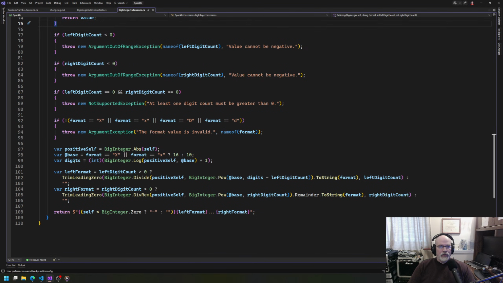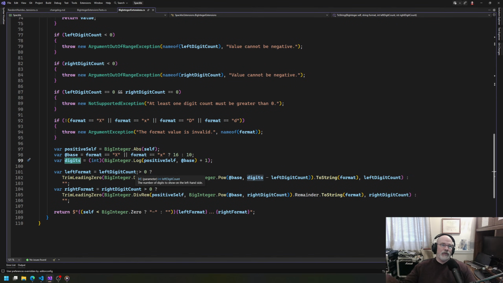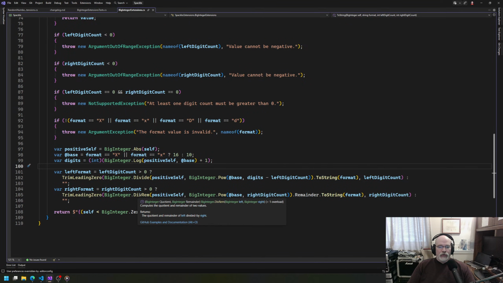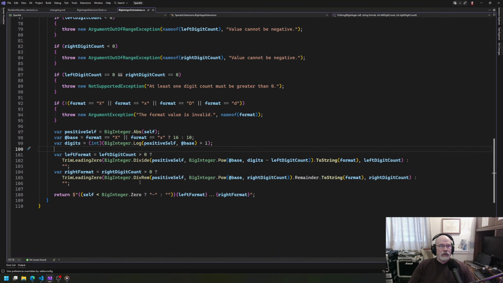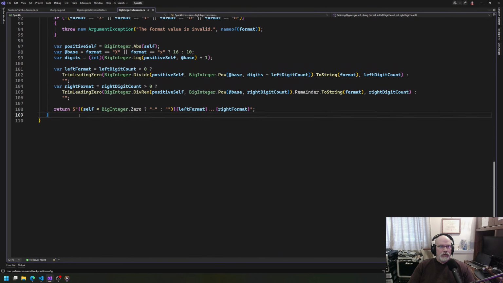And so to get the number of digits isn't that big of a deal. You just get the log, which gives you a double, and then you get the number of digits. And then we could use that and say, hey, if it's under this amount, then maybe we do it that way. Otherwise, we do it this way. Who knows? So we're going to throw in another method here